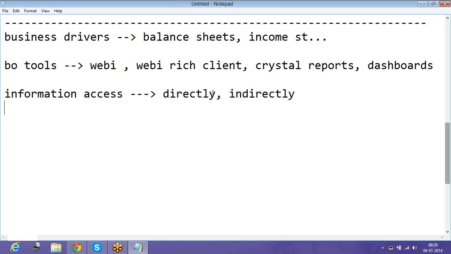So what is this direct procedure? The direct way is directly integrating with the data sources and getting the data into the report. The second way is the indirect process. So what do you mean by indirect process? This indirect process is the important thing in business objects. The indirect process is, whatever our requirement may be,